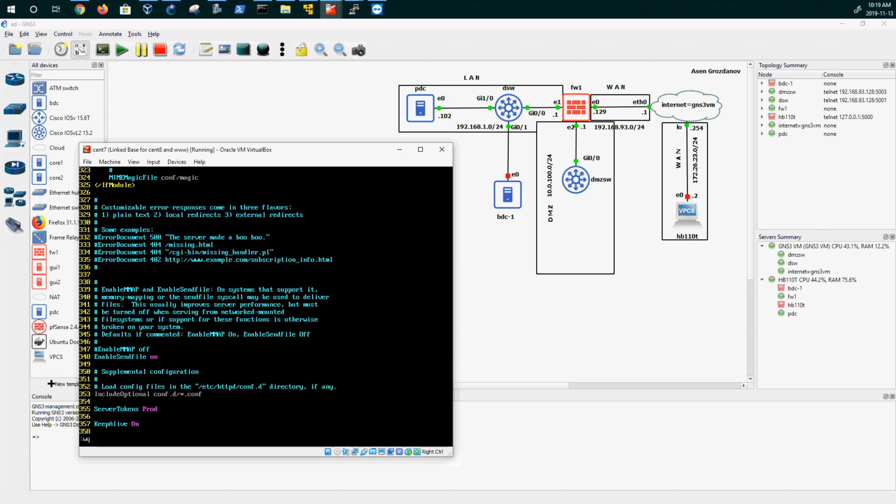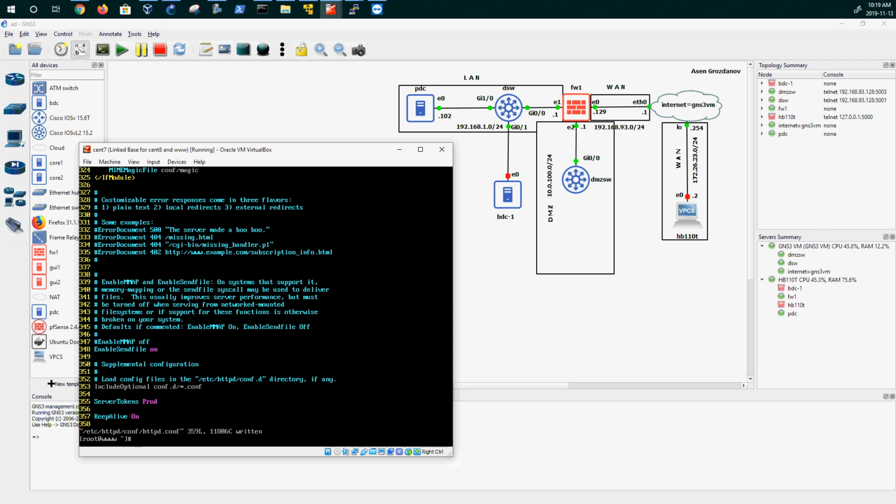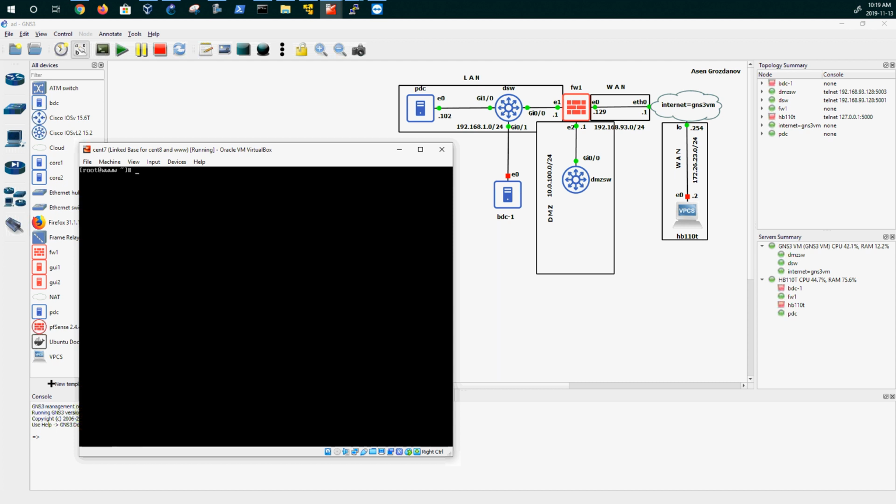You could use nano. Well, you don't have it, but you could install it with yum install -y nano. Remember, if you're not a root, if you're not logging as a root, you need to use sudo in front. Okay. Now we need to restart our. We need to start and enable from the start our server. Systemctl. The command to do both is enable --now, and you say httpd,